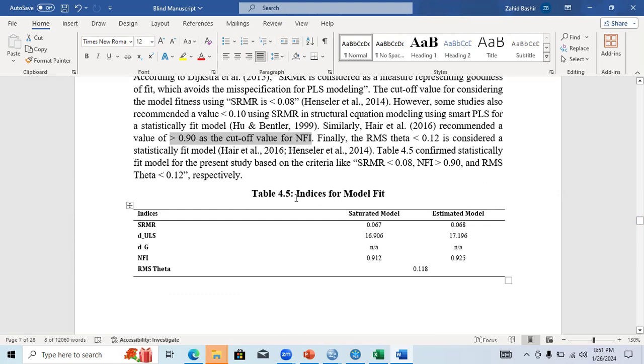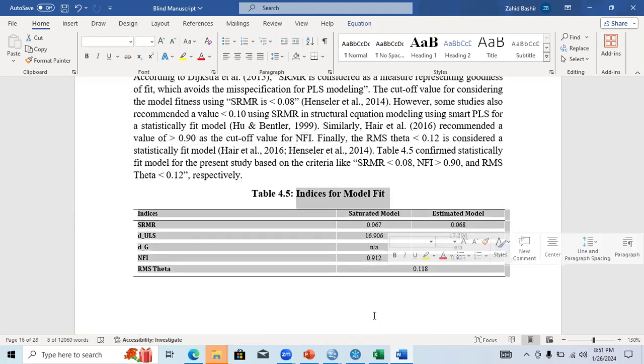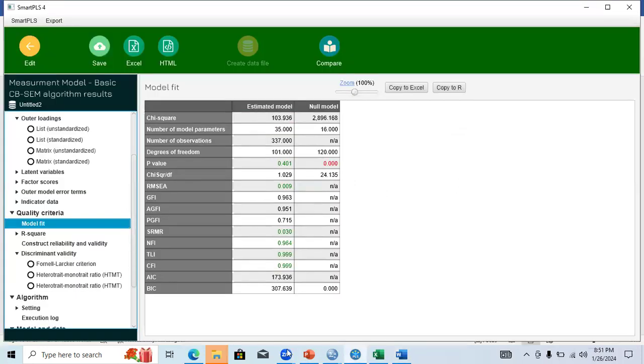So these are the model fit values of PLSM. But in case of CBSEM, you can see here there is a very large table, and all the values are indicating good fit. So you need to see the estimated model values. These are very good fit.